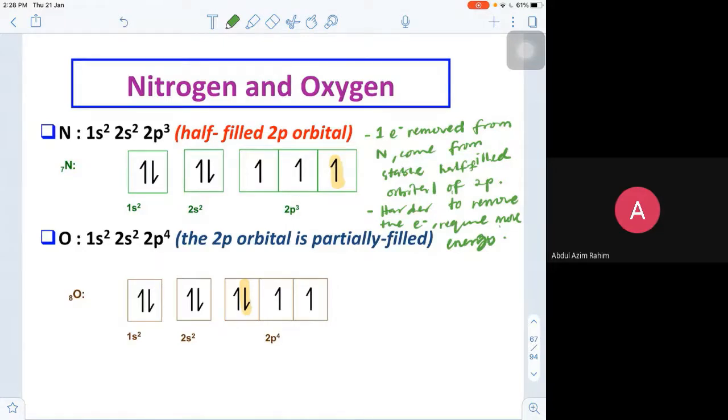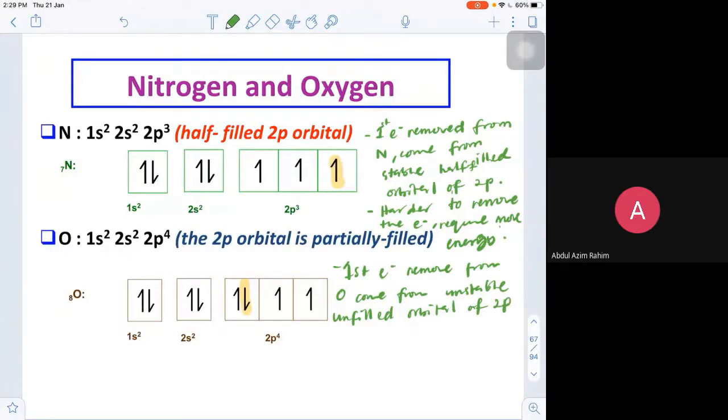The first electron removed from oxygen comes from an unstable, unfilled orbital of 2p. Actually, there are extra points. Why is this electron easier to be removed? Because we observe that